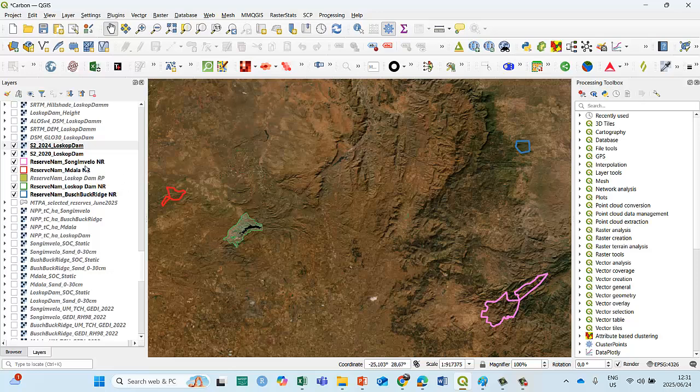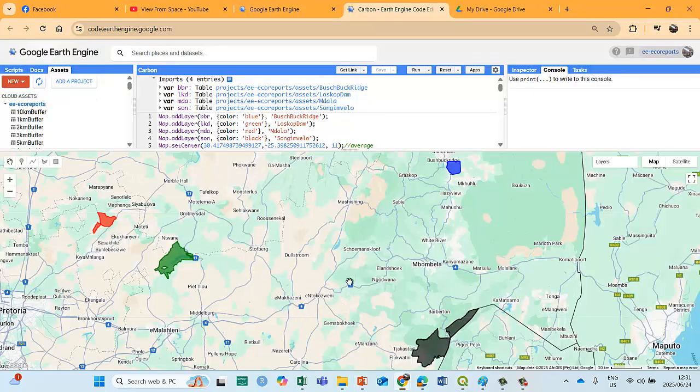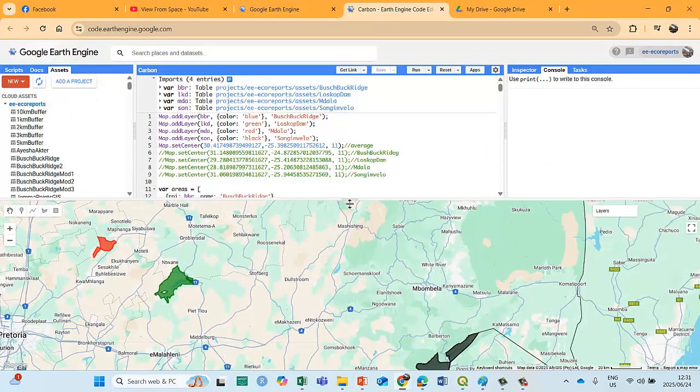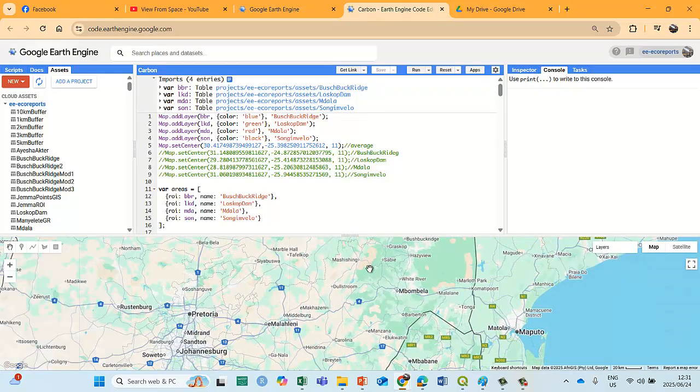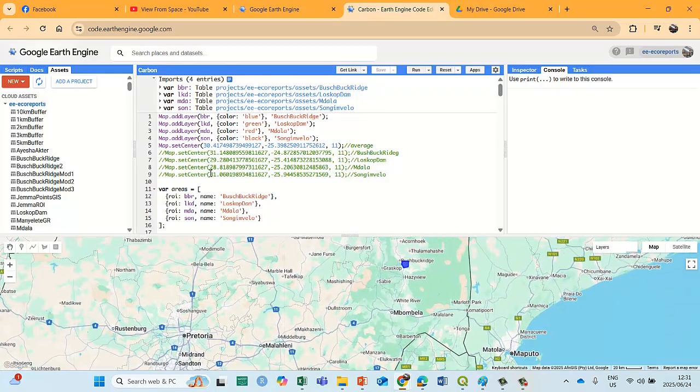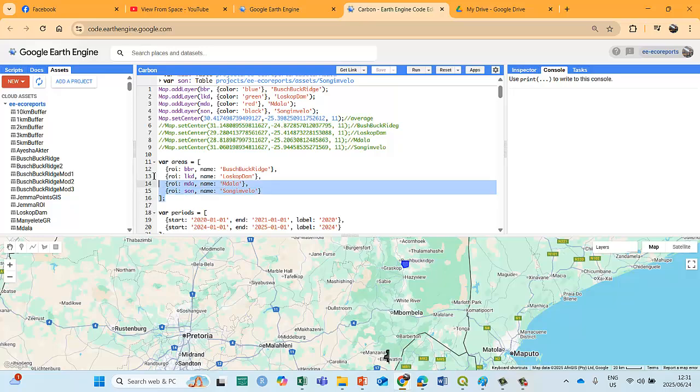So we've now mapped each of the 4 reserves. Let's go back to our script. We've mapped each of the 4 reserves, and we've created a looping function so that we don't have to generate lines and lines of script. One script, as I say in a lot of things, one ring to rule them all.